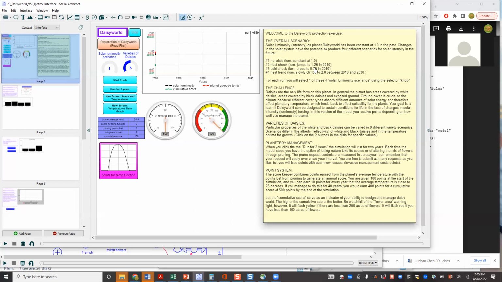Presumably that's gonna help out black daisies, because it's warmer in a black daisy bed, and so maybe they grow and help the system recover. And the last scenario is a trend of continuously increasing temperature from 1 to 2 between 2010 and 2030. And alas, that's a model that has particular relevance to our current climate situation, where we are likely